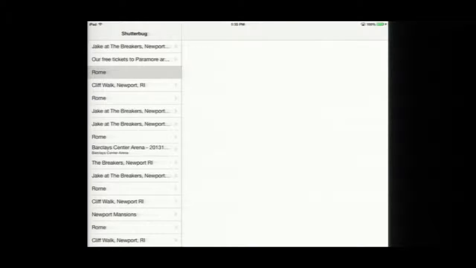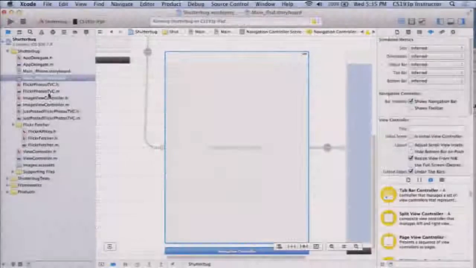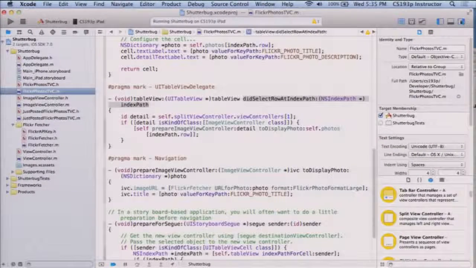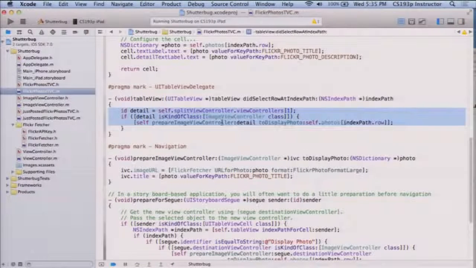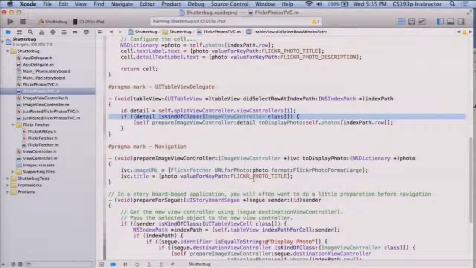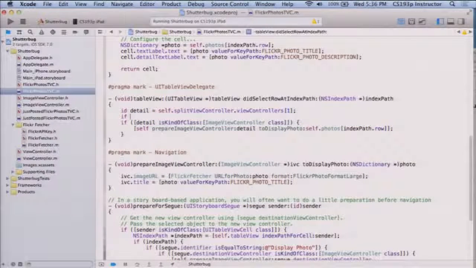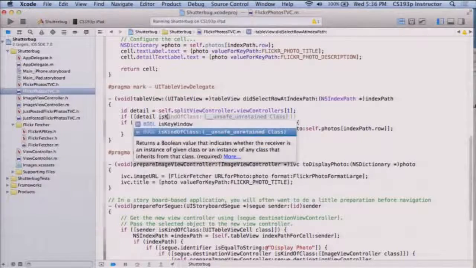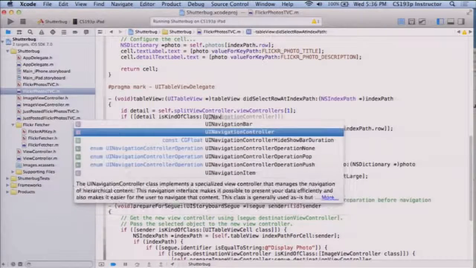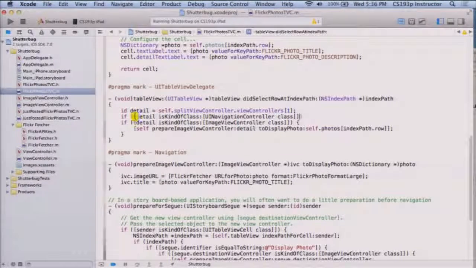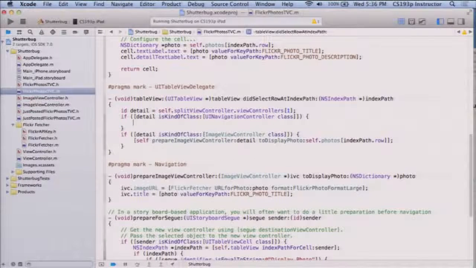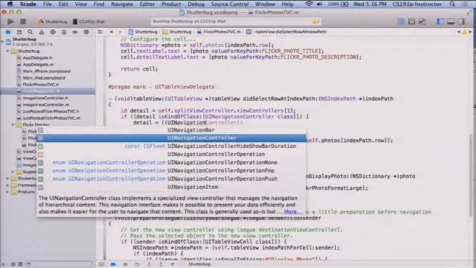So our code over here, where we update with didSelectRowAtIndexPath, it's checking if detail is kind of class ImageViewController. And that's failing because it's not. But this is an easy fix as well. We're just going to say if the detail is kind of class UINavigationController, then the detail is really the UINavigationController